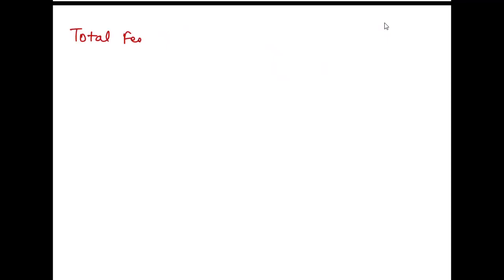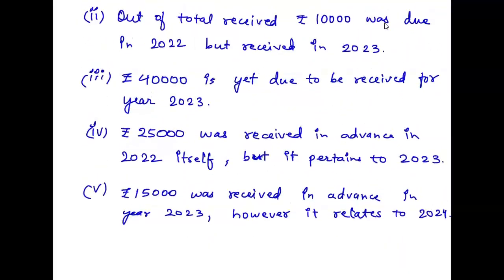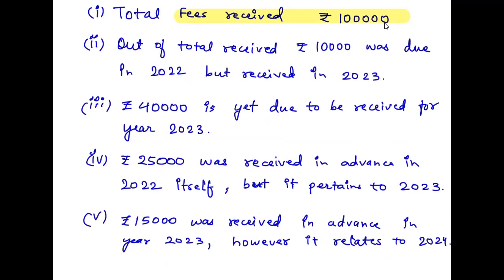Total fees received in 2023, that is rupees 1 lakh. That is the starting point of my question. Now let's go to the second information. They are saying that out of the total received, that is out of the total 1 lakh,